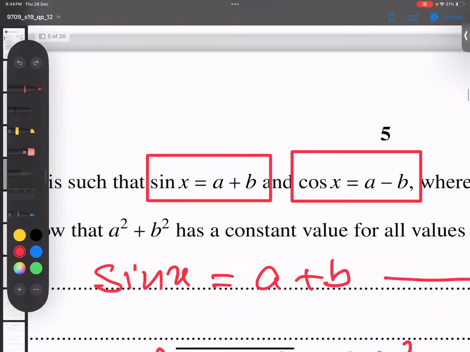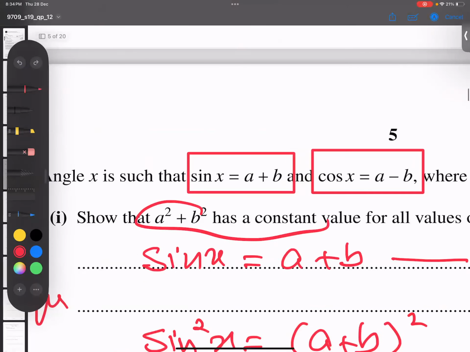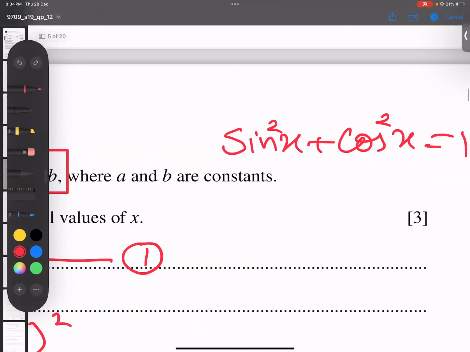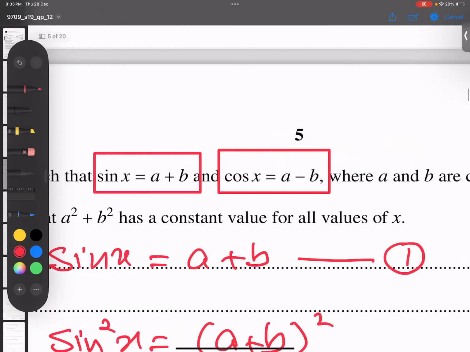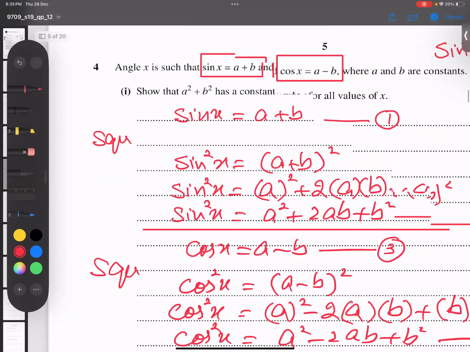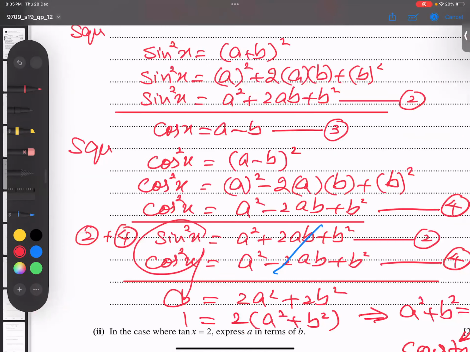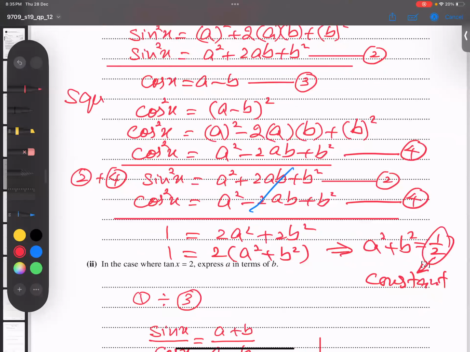Whenever he gives you this kind of question, where sine and cos are involved, and he asks you to show it is a constant, the only best technique is what? Because we know that sine square plus cos square equals 1, I will square them first of all, and then I will add them. This is the only technique by which we can get rid of sine square plus cos square and get a purely constant. And you have seen, Alhamdulillah Rabbil Alameen, this is 1, and ultimately I have a half, which is a constant, and proved. So I think the concept is very, very